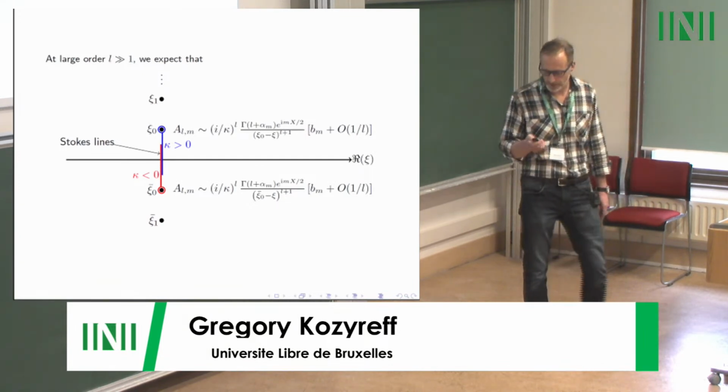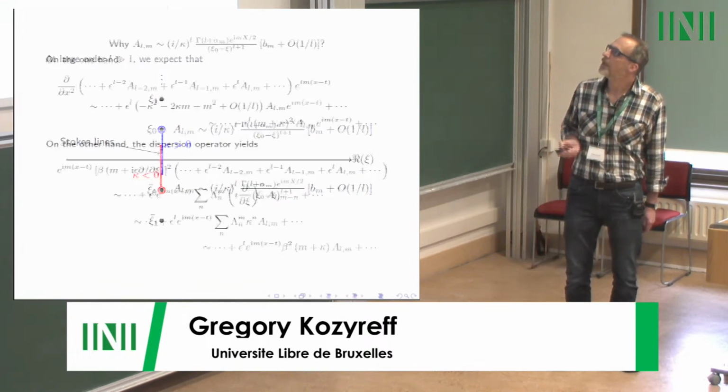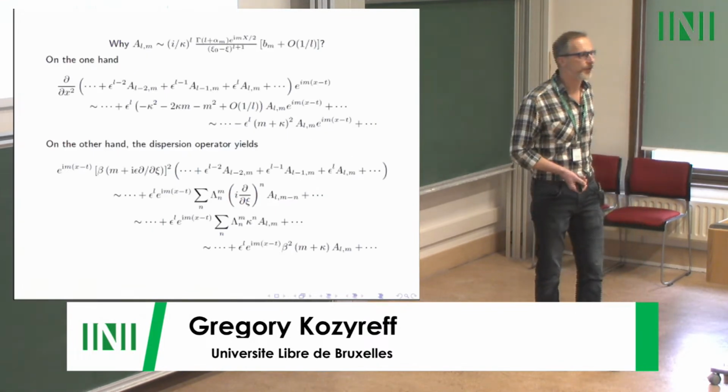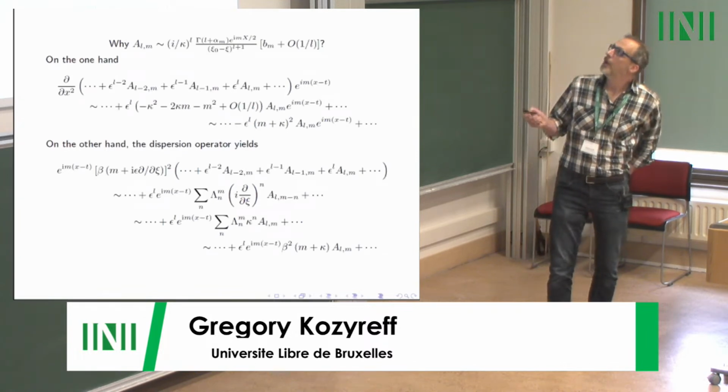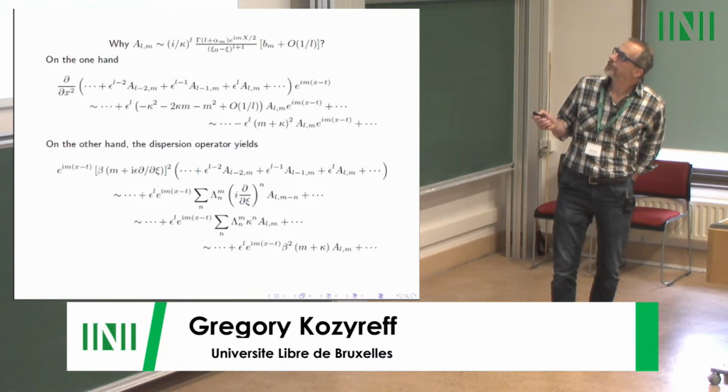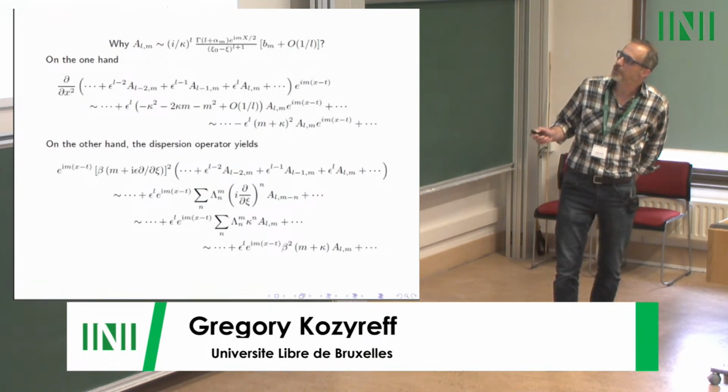Right. So how do I know that I have such an ansatz, or such a behavior for the late terms of the asymptotics? Well, let me plug that into the equation. If I just use this in my series, I have various terms for that particular harmonic, and if I differentiate it twice with respect to x,